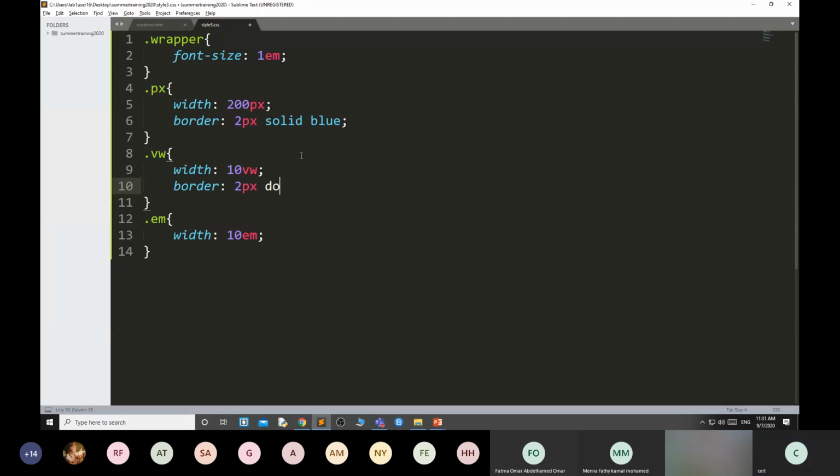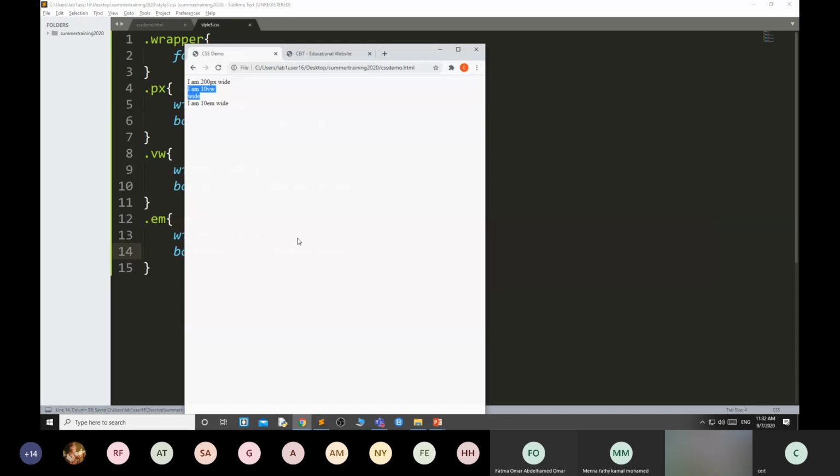Here also I am going to use the border. Dotted. Then border pixel dashed pink. These three are very close to each other.